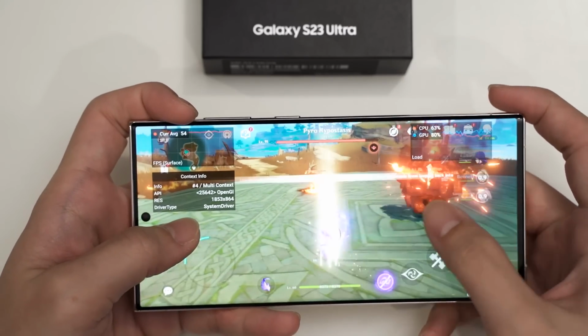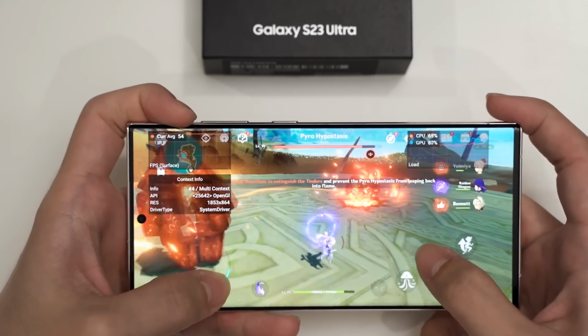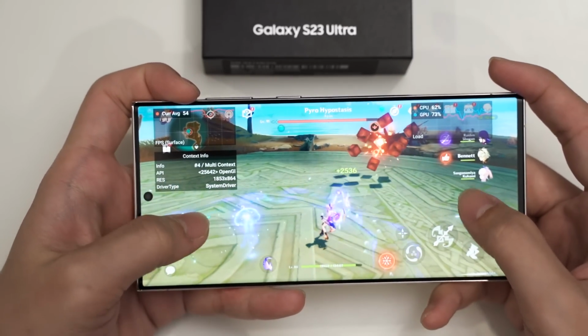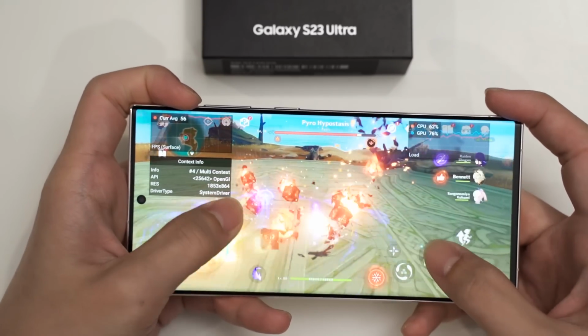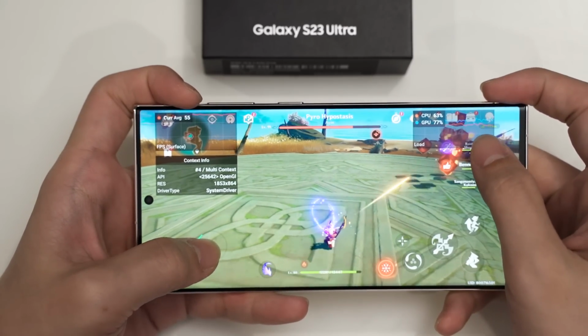But when we did our gaming test, what we found out is that the Galaxy S23 Ultra is able to perform very well in Genshin Impact at the highest graphical settings, and I'm just very impressed by the performance of this phone. Samsung did tell us that the Galaxy S23 has a larger cooling system, but they didn't specify which variant of the Galaxy S23 has it, but I think it is very safe to assume that the Ultra version